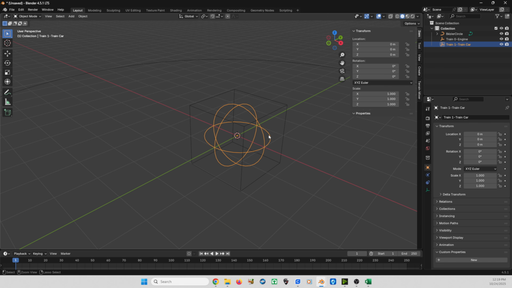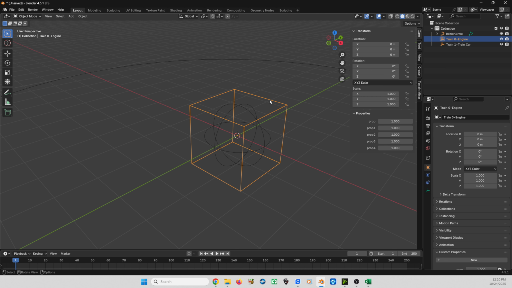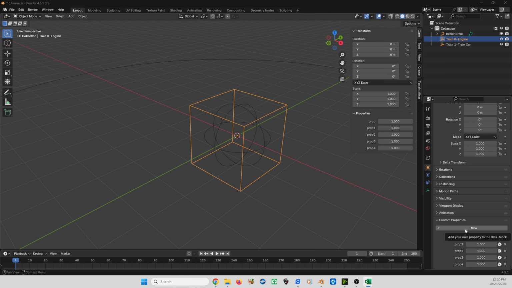Then go ahead and select your empty sphere, the train 1, and we're going to give this one 4 properties. So the sphere, which we've named train 1, will have 4 properties. The empty cube, which we've called train 0, will have 5. So we're going to name these. I'm going to show you how to do that with one of them, and then I'll pull the list on the screen so you can go through and name every part accordingly so I don't have to necessarily walk you through every step. So we're just going to look at what's called properties 1, the first one,